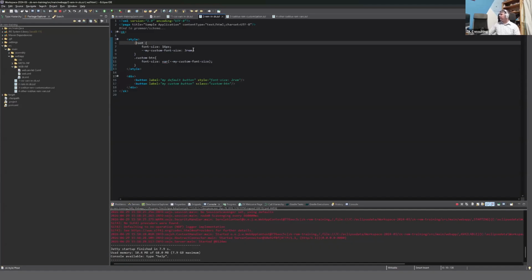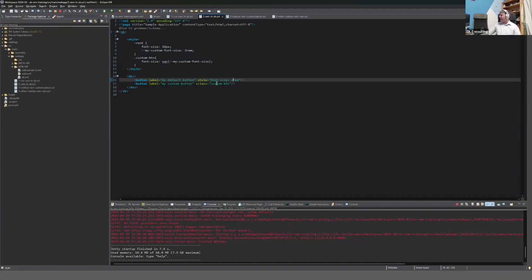Okay, so what do we do? We look up the font size. It's 16 pixel on the root element. We have a font size of 2 REM, so we multiply that value by 2. 16 times 2 is 32. That means that we're going to resolve a font size of 32 pixel, dynamically tied to the font size of the root element. And for a little bit of fun with CSS variables, which we already discussed in the previous section,